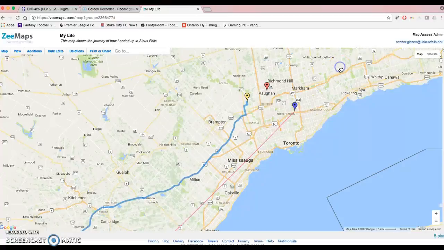The next point that I input was my first house that I ever remember living in. And it was simple enough. I did the exact same thing, but because